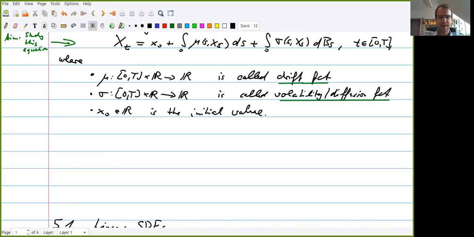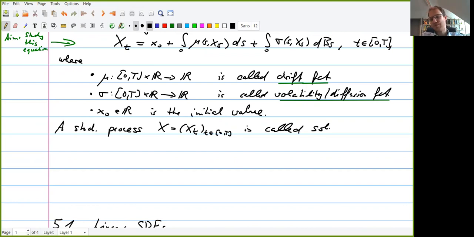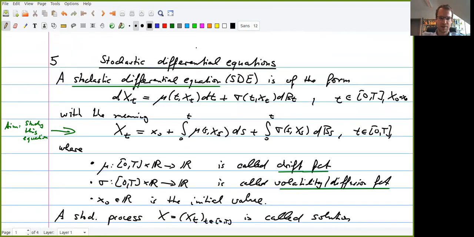Here we go. So sorry for that. I didn't tell you what the solution is. Now I want to tell you. So a stochastic process X is called a solution of the SDE, okay, let's give it a number, 5.1,